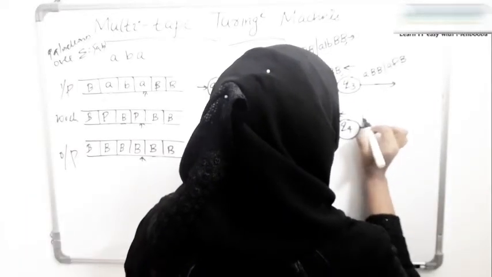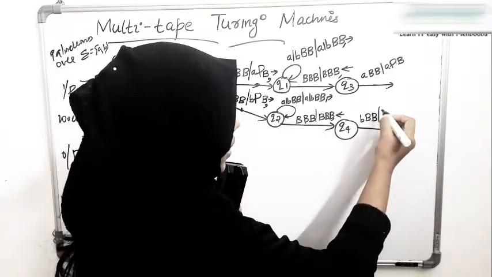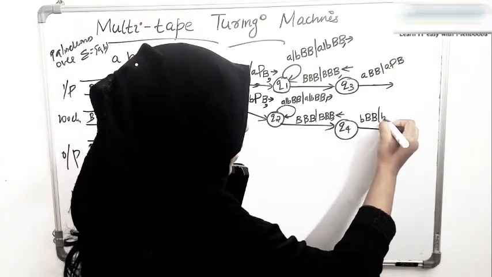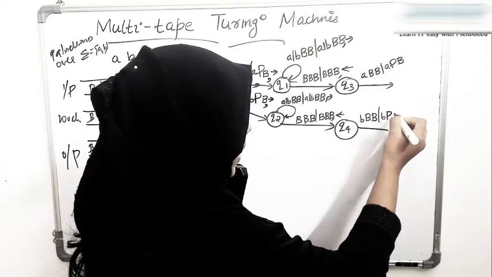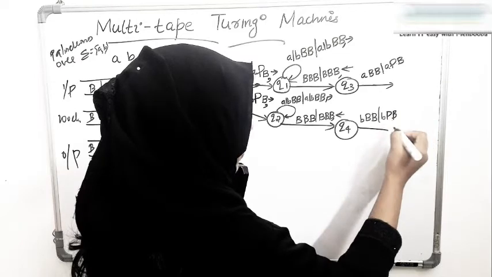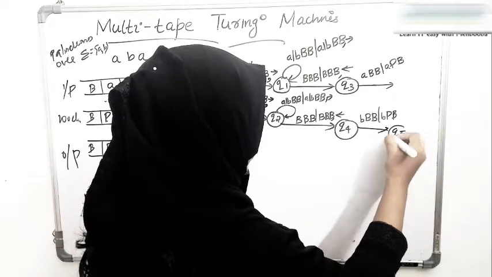So here also we are expecting B and blanks in the other two tapes. In this case, we can leave this B as it is. In the second tape, we can write a P to indicate that this B has been processed. In the third tape, it is simply blank. Okay, we will move on to Q5, a new state.